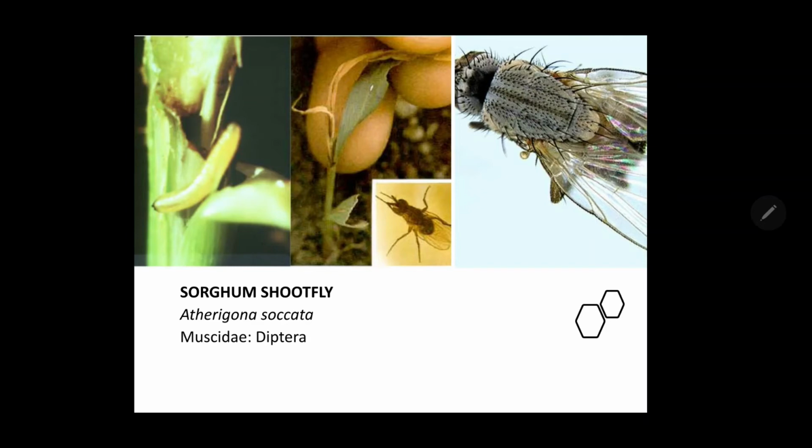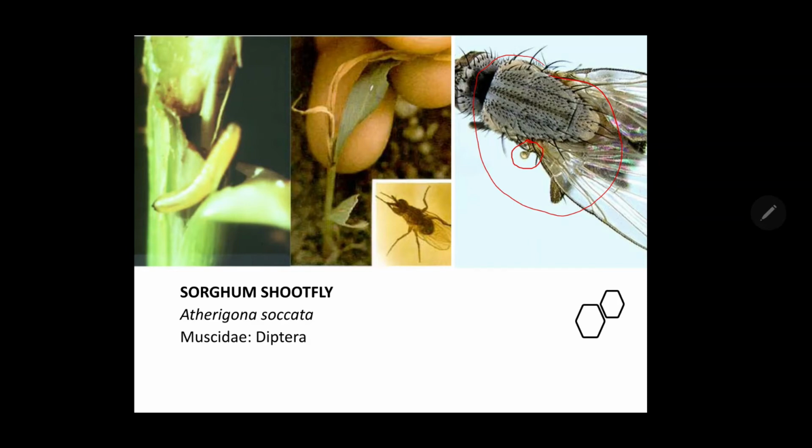This family is also named as Anthomyiidae. It is mentioned in our manual that the family of sorghum shoot fly is Anthomyiidae, whereas in some references it is given as Muscidae. It belongs to order Diptera. Here you can see a greyish colored fly having transparent wings, a single pair of wings and a haltere you can see to balance the flight.